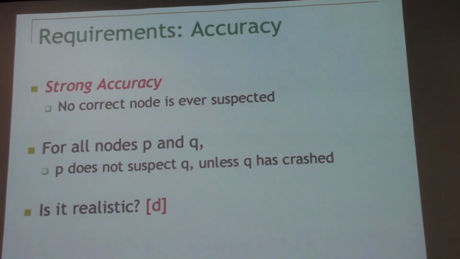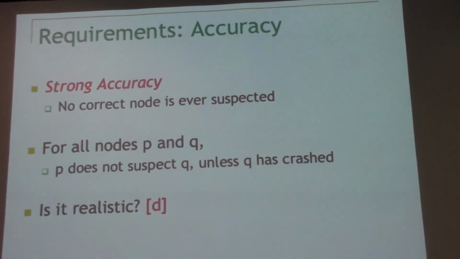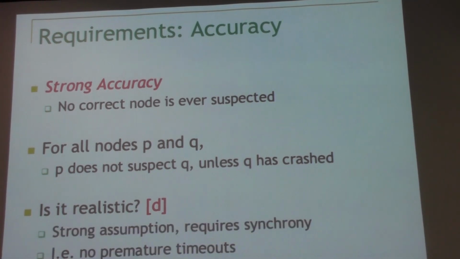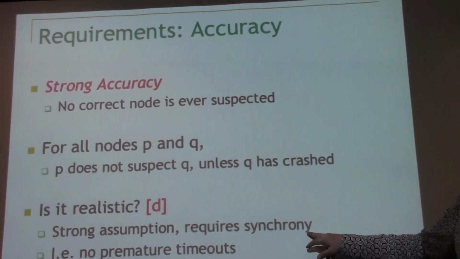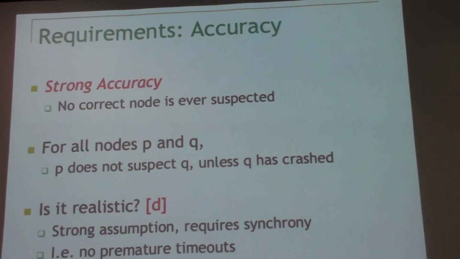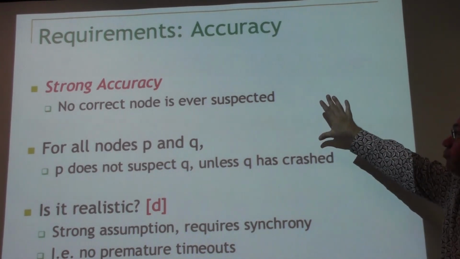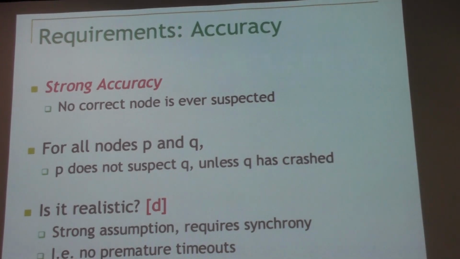Yeah, like you said, it has to go through another router, and so we suspect it because it's kind of timing out, but it never crashed. So, I mean, you're absolutely right. This property is not easy to get. You basically need a synchronous system to get it. You really need to have a strong upper bound. Whereas on the internet, you don't have that. You can always get a timeout, and this thing is still alive. So, strong accuracy is a very hard and strong assumption that's hard to get.